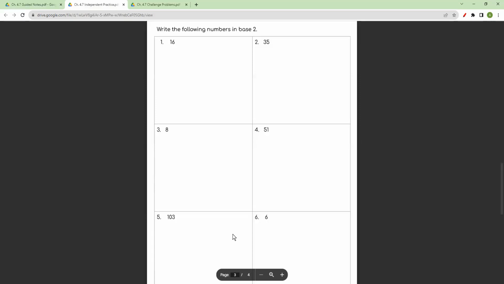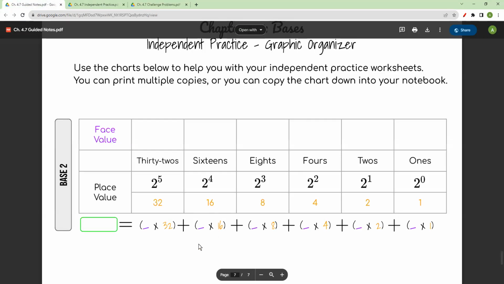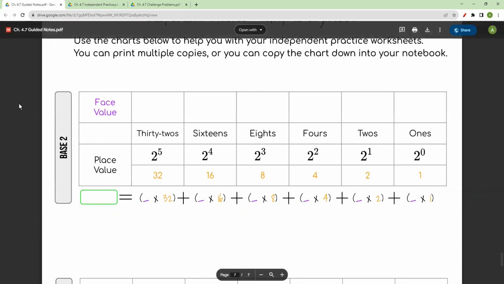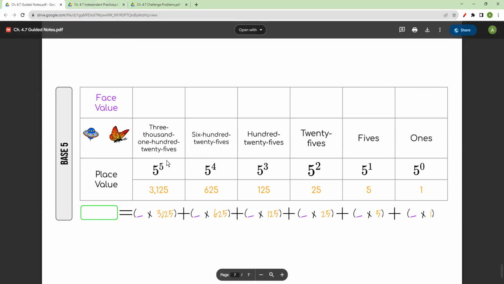If you're stuck, go back and look for a similar question in the guided notes that we did together, or look back in the lesson or the video, and you just follow the steps that we did in the problem. All of the questions on independent practice are exactly the same type of questions that we did in class in the guided notes. So with these, that's why I put these in here, because you can use this. You might want to print more than one copy or write it down more than one time,